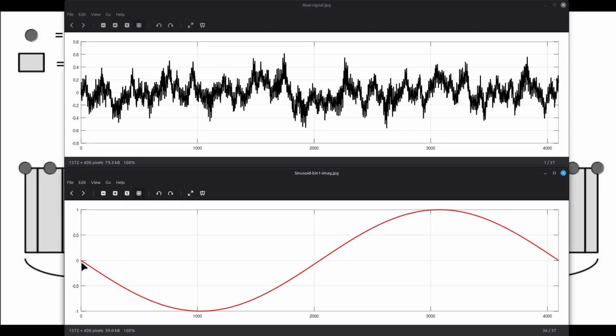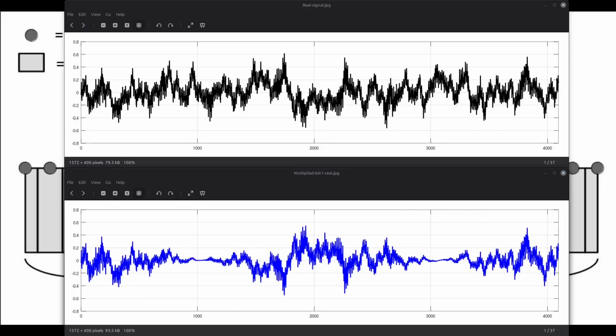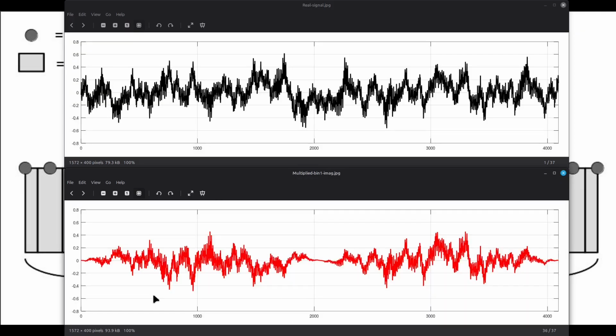And again, I'm going to multiply this on a point-by-point basis with our time domain waveform, our time record of our signal being fed into the FFT. And what that will create is a waveform that looks like this. And this waveform here is our multiplied point by point, and to get the imaginary component, I'm going to take all of these values and add them up.